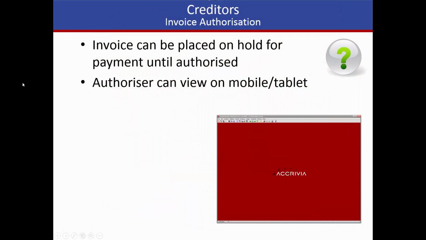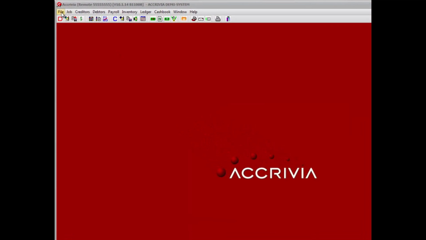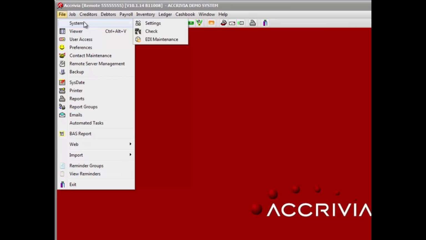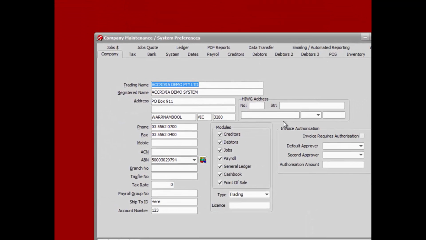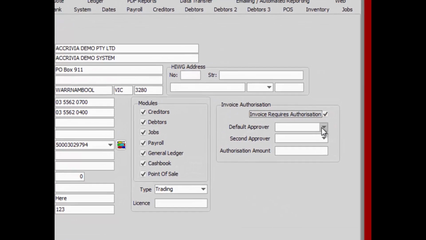All right, the next topic I want to talk about, still in the creditors, is invoice authorisation. This is our first sort of waltz into the web side of things. We're going to look at using a mobile device in this process. This slide goes for a little bit of time because we cover about 4 or 5 principles in this one